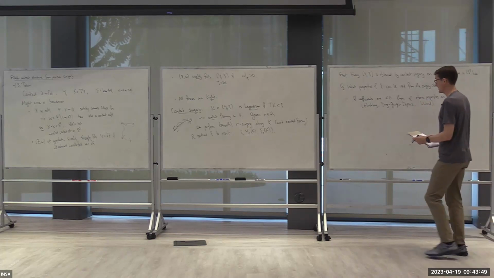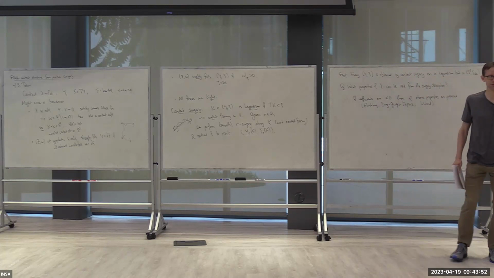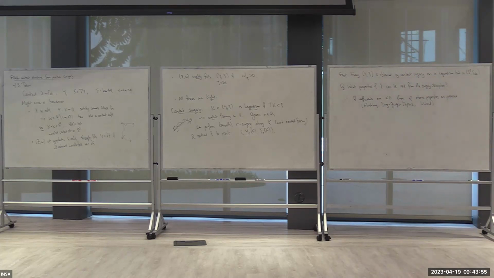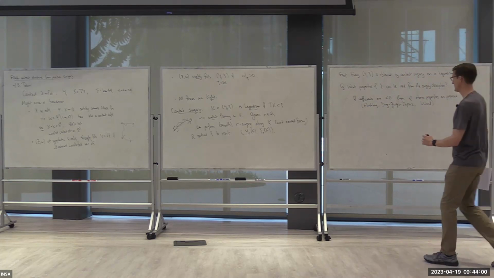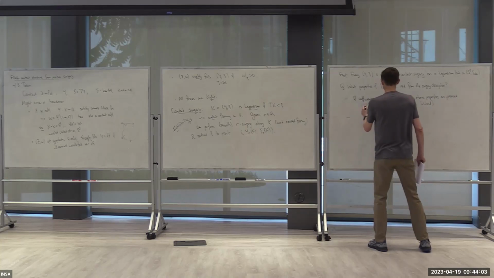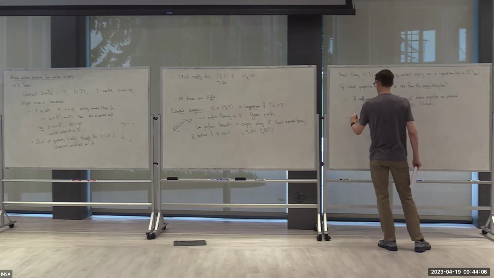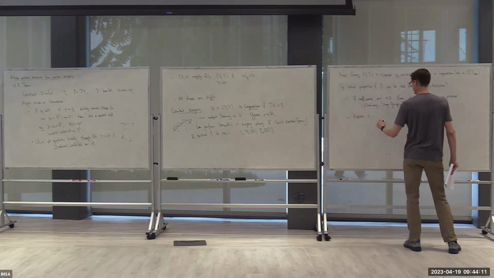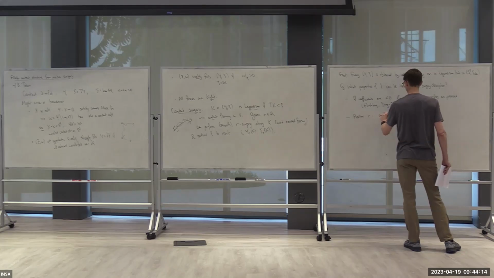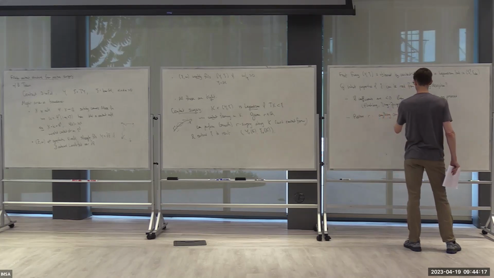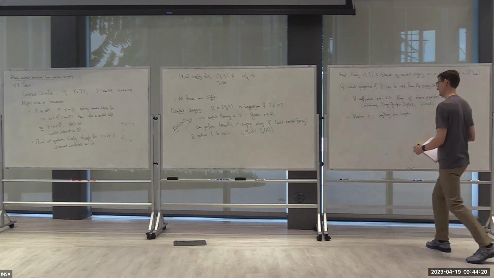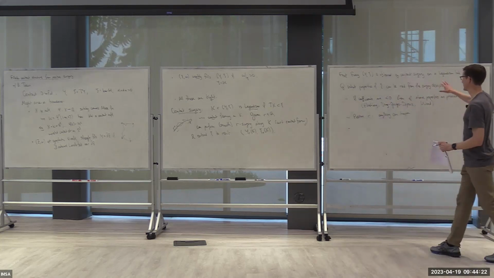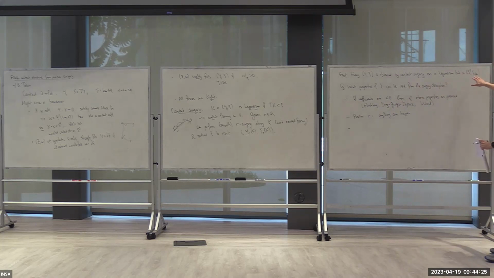On the other hand, with a positive coefficient, well, if you do contact surgery with coefficient zero, you build up an overtwisted structure. So if you use a positive coefficient, then it's much less clear. It seems that anything can happen. In fact, maybe the way to illustrate that is that the refinement of this fact is that you can actually find any contact structure by surgery on a link such that